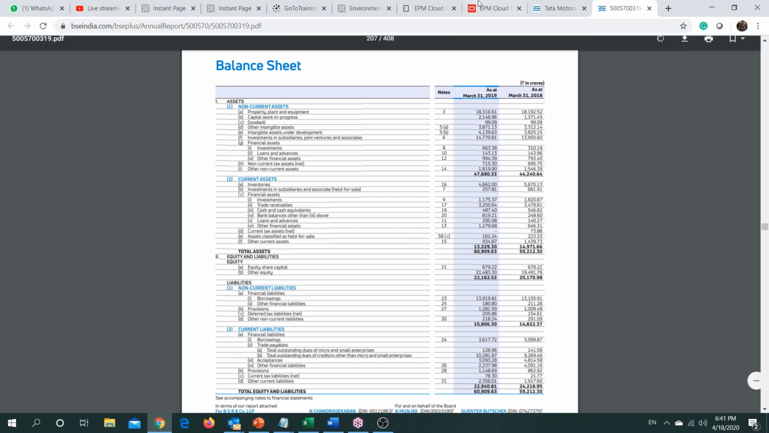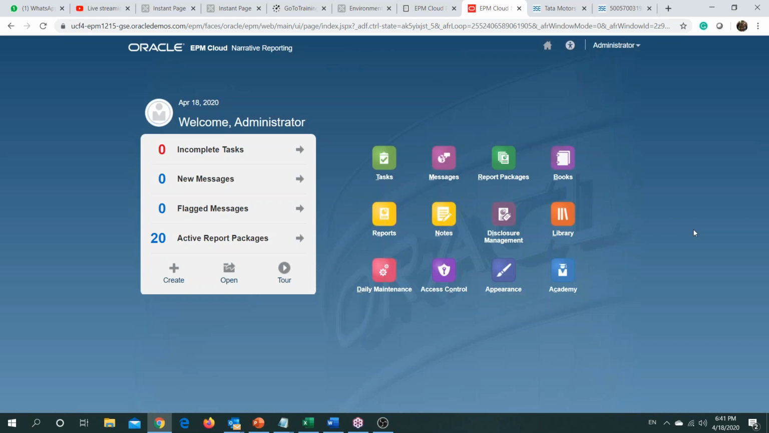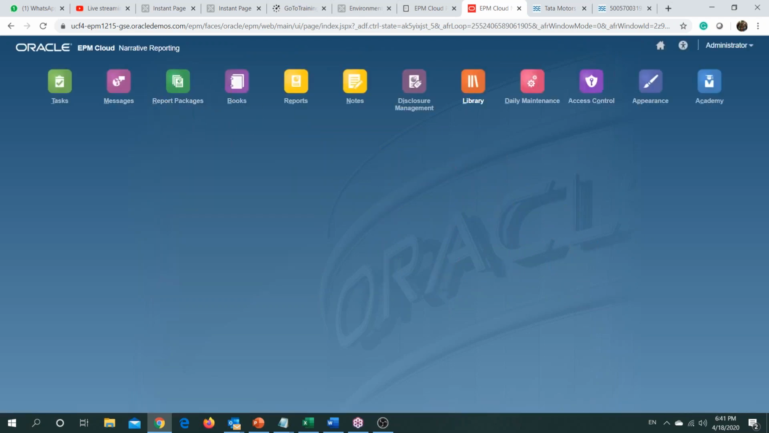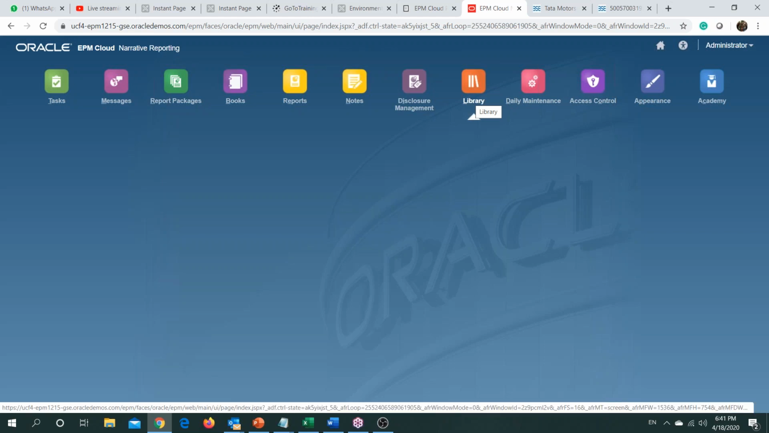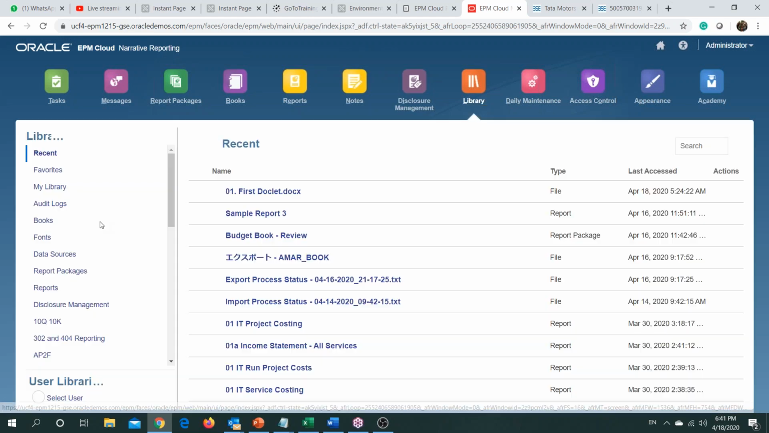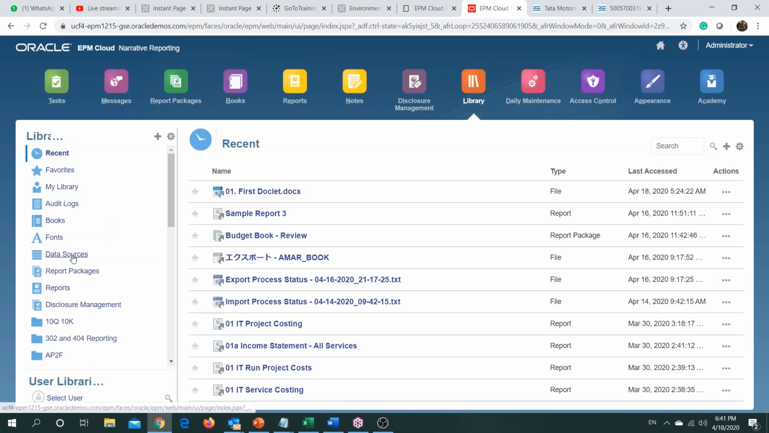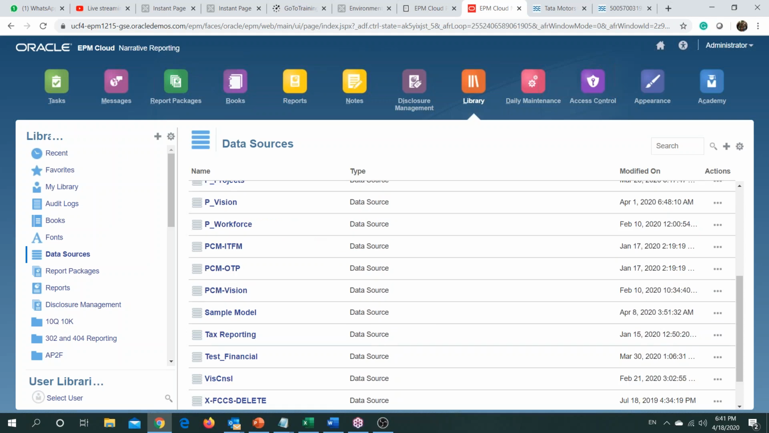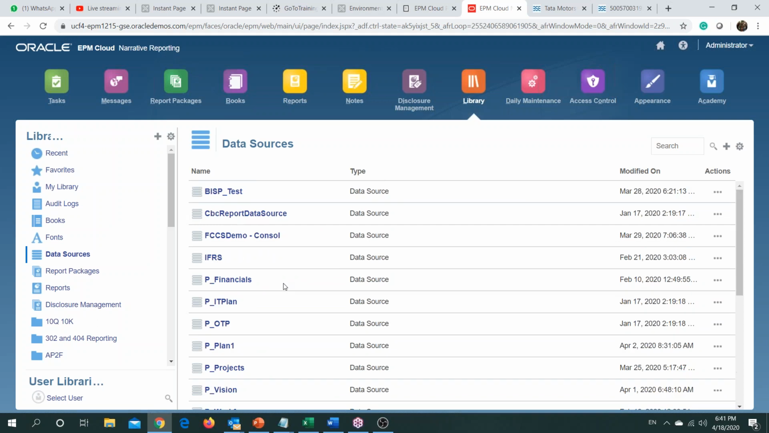Okay, now what we need initially to build a report package is a source of information, and that source of information is retrieved under library. When you move to a library, you have your data source. Under data source you see there are multiple data sources, because this is a demo environment of Oracle. We have multiple data sources already created. So let's bring in our own data source. You just click plus in here,